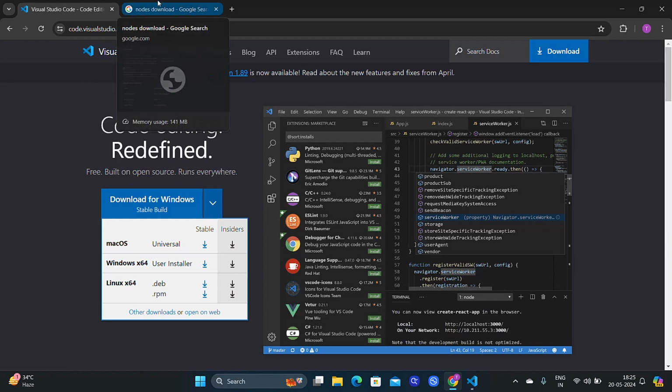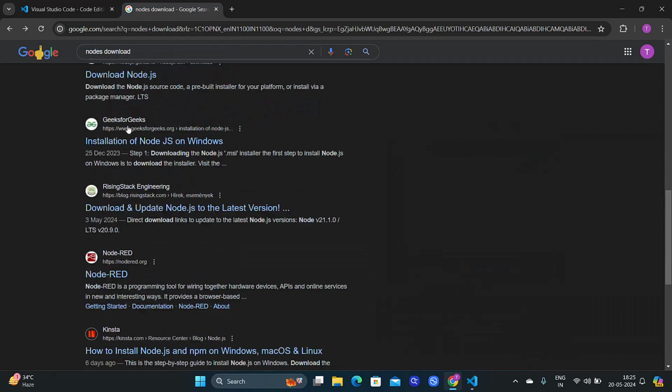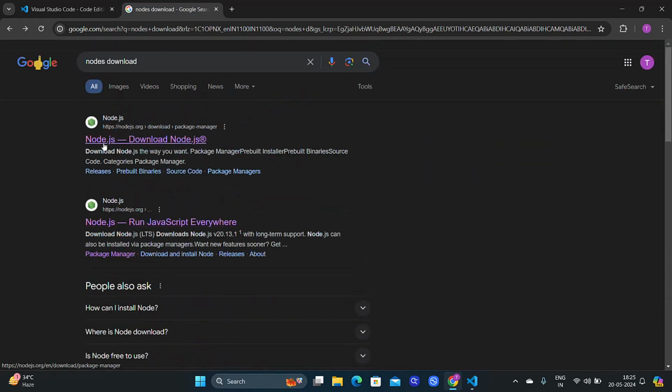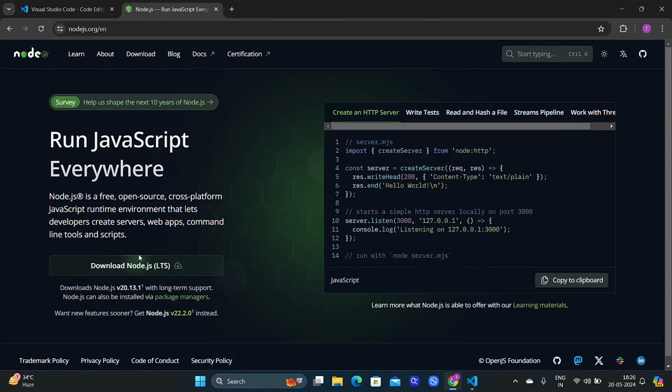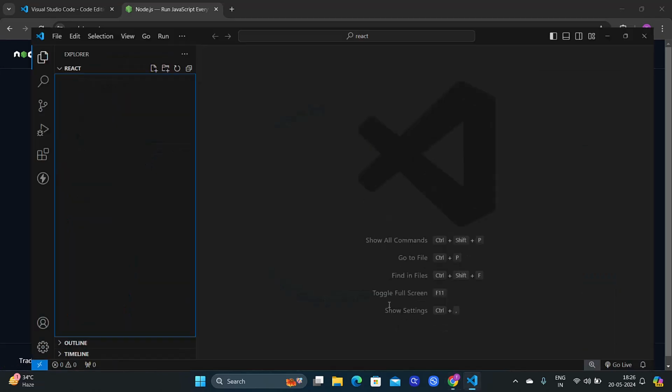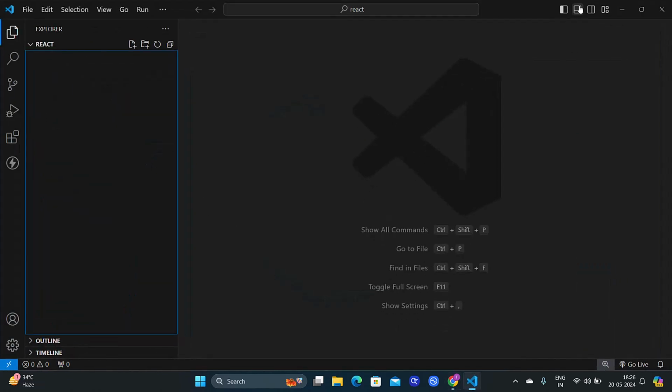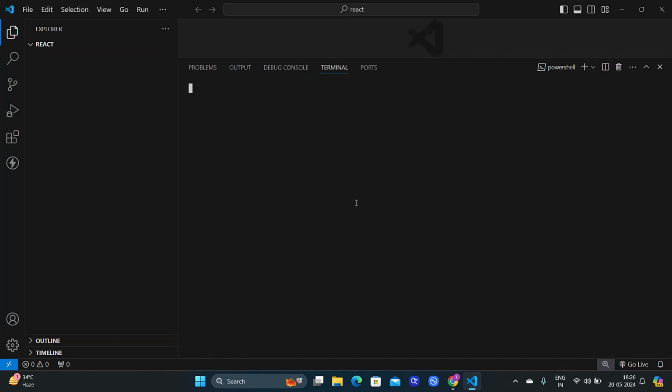After downloading VS Code in our system, we should download Node.js. To download Node.js, here we'll type Node.js download. We should go to the nodejs.org link. Here we'll get how to download. After completion of download, we'll go to VS Code, go to terminal and type